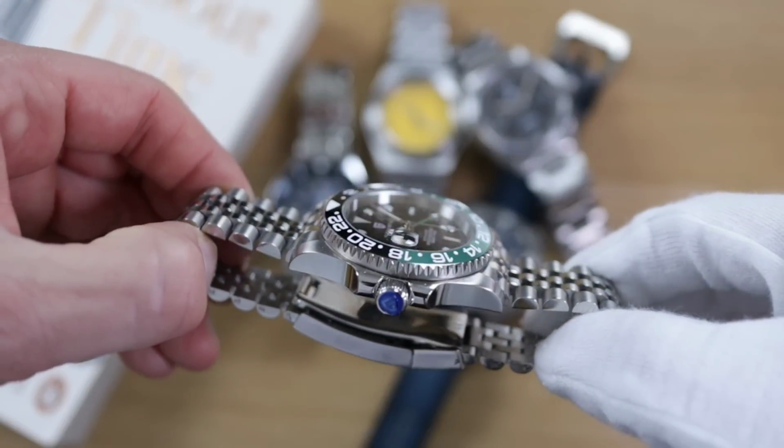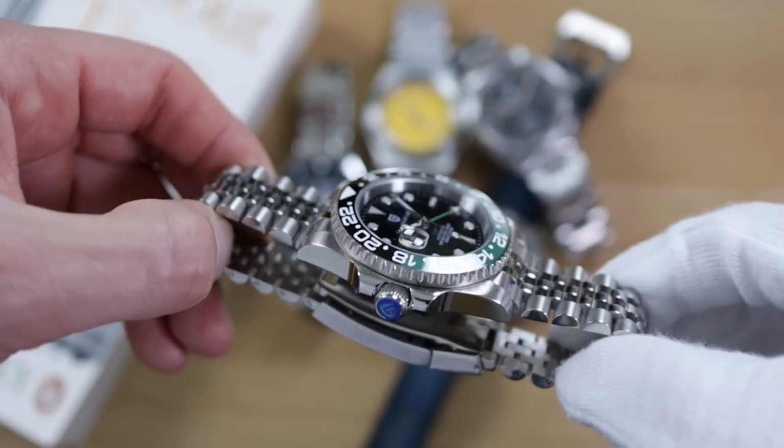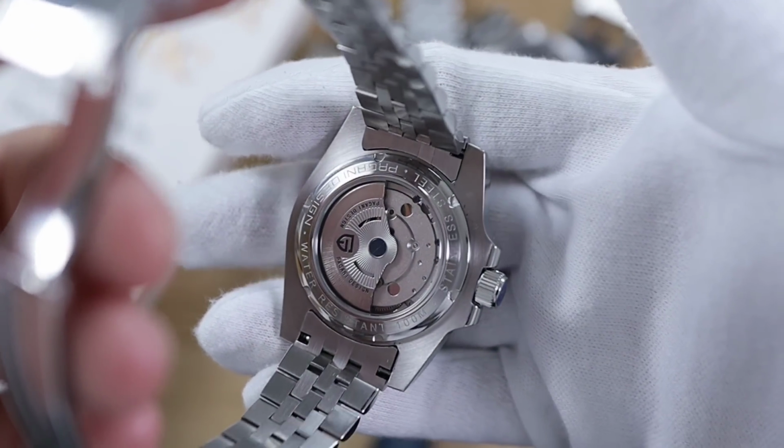Fine, it's not the NH34, this is the Chinese Pearl movement. We are getting sapphire crystal, 120 click unidirectional bezel, stainless steel construction. Well, I'll tell you all about it. But $50, and most importantly a GMT watch, this is very impressive. We get a signed screw-down crown and an exhibition case back. The signed and decorated rotor allows for a glimpse to the cogs, gears and the balance wheel of the Pearl